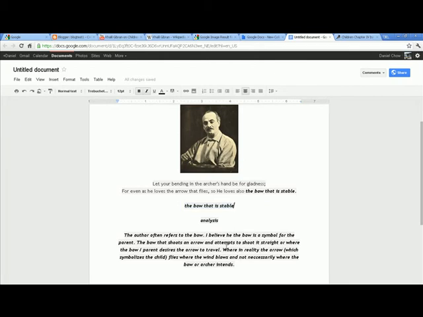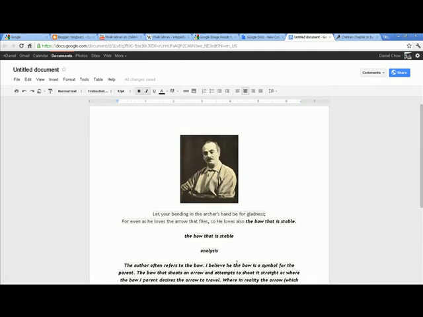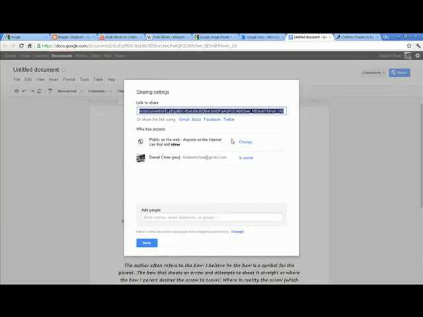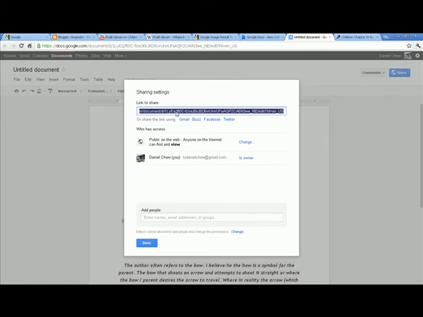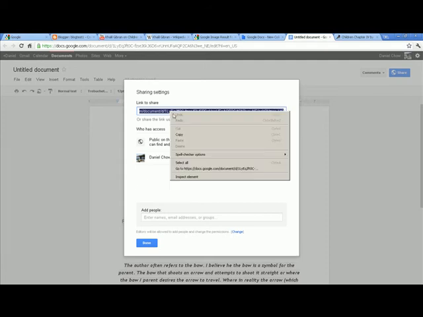Now I want to save it, and the next question is, well, how do you link it to your Blogger post? Well, it's very simple. So you click on share, you click on change, make it public on the web, save it, and then this is the link, this is your web page link. So anyone who clicks on this URL or this link will be taken to this web page because you just made it public. All right, so right click this, copy it,